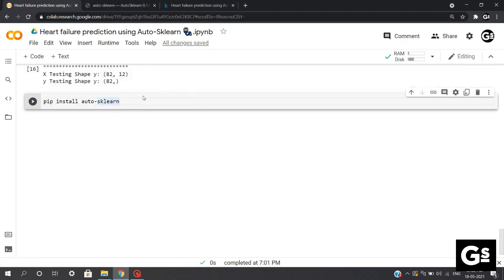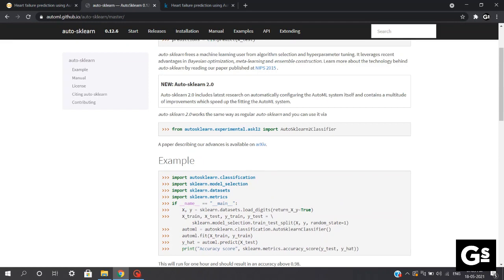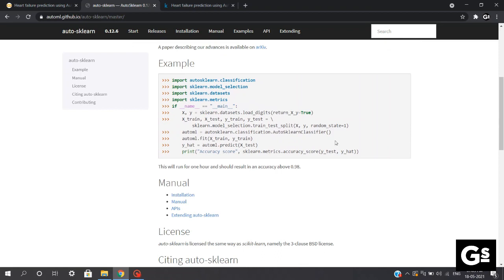Now finally it's time to train our model using AutoSklearn. So firstly let's understand what exactly the AutoSklearn library is. AutoSklearn is an open source library for performing AutoML in Python. It makes use of the popular scikit-learn machine learning library for data transformation and machine learning algorithms and uses Bayesian optimization.